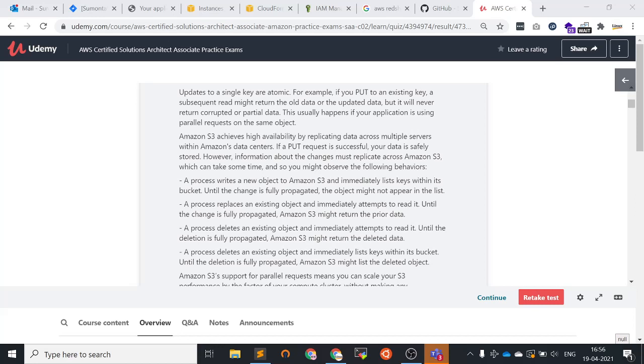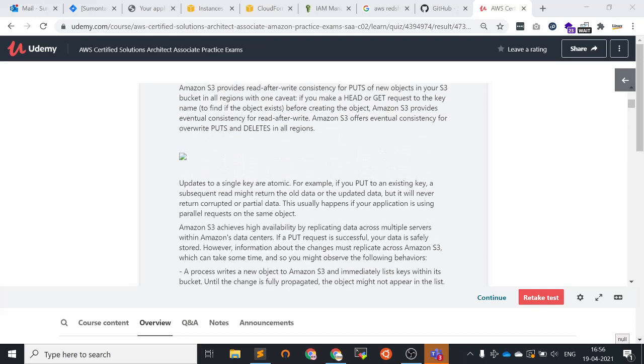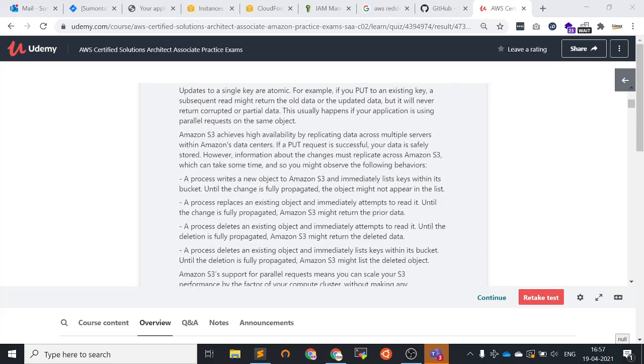A process replaces an existing object and immediately attempts to read it. Until the change is fully propagated, Amazon S3 might return the prior data, because for overwrite PUTs and DELETEs, eventual consistency is used.